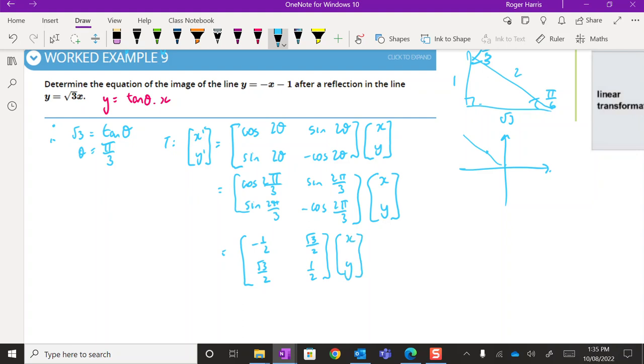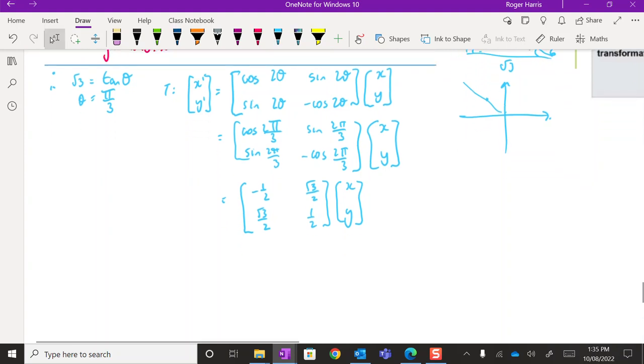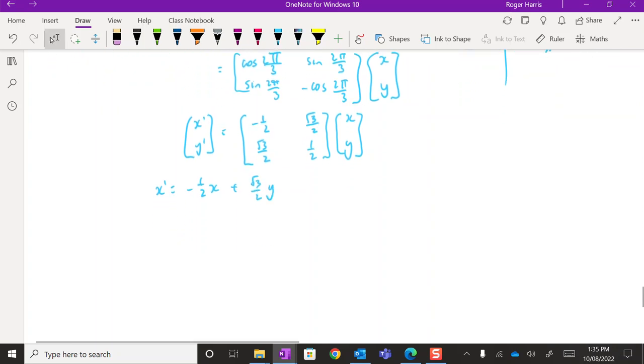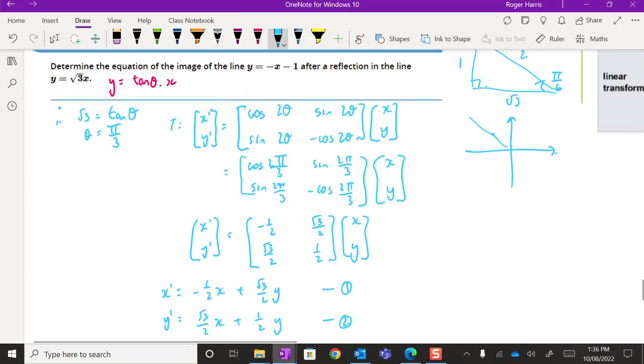I know that was pretty quick, but the video is getting long. Okay, so expand all that out, and I will get x dash equals negative a half x plus root 3 on 2 y, and I get y dash is equal to root 3 on 2 x plus 1 on 2 y, and I've got two equations. I obviously have to solve them now for x's and y's, because I've got to sub into the original equation,